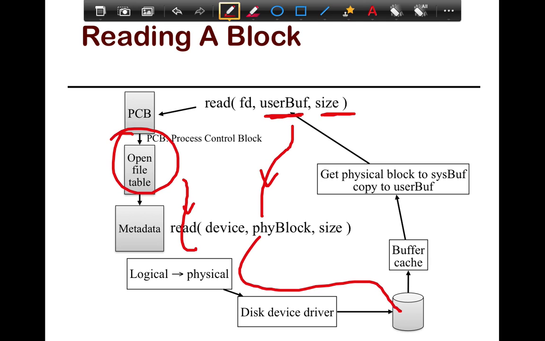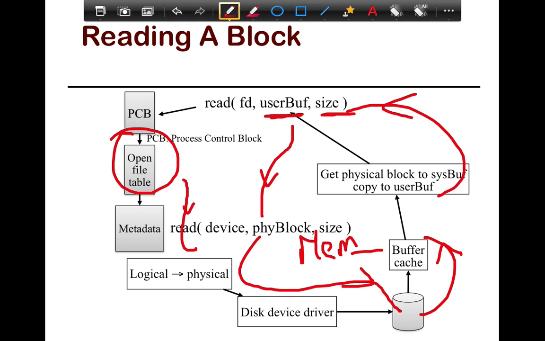Once that happens, the data gets accessed and thrown into a buffer cache. We look at this more in detail. This is in memory, so it caches all the data that is accessed from the file. This is so that subsequent access to the file can be fast and need not go to disk, or if multiple people try to access the same file, it's also fast. And finally, the data is copied from the buffer cache into user space.